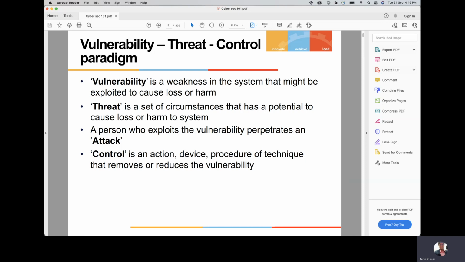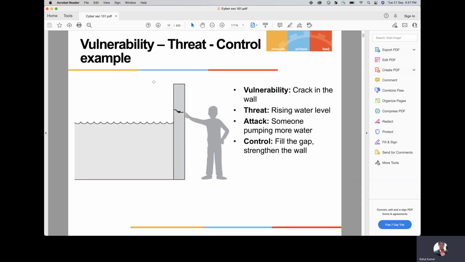So I just need you to learn these definitions. I know you will be knowing these terms because they are simple English words. However, you need to know the exact definition of vulnerability, threat and control. So just learn them. Try to have a good sentence for them whenever someone asks. Okay, let's move on.